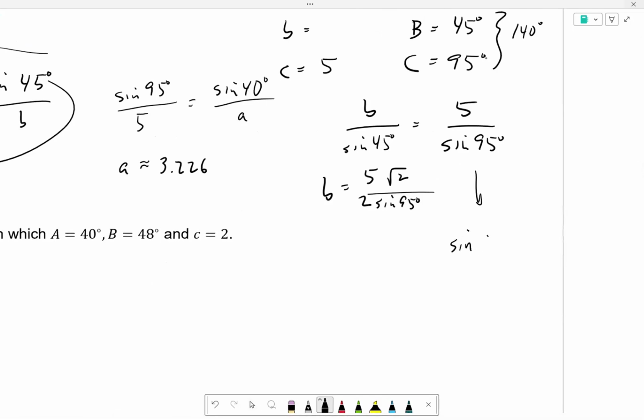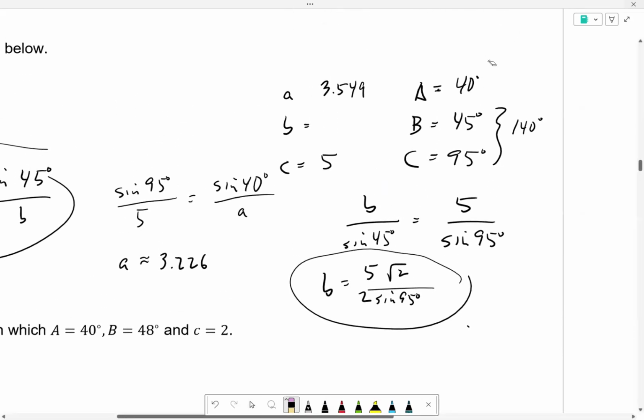I guess you could technically make this 120 minus 15. Oh, no, minus 20. Is it 20, 25? We don't know that one. Could we make 95 with any of the angles that we know? Yeah, I don't think so either. Okay, so just leave it like this if it's non-calculator. And that would be an exact answer. Anything else is an approximation, which reminds me, this should be approximately equal to, and I think you said 3.226.